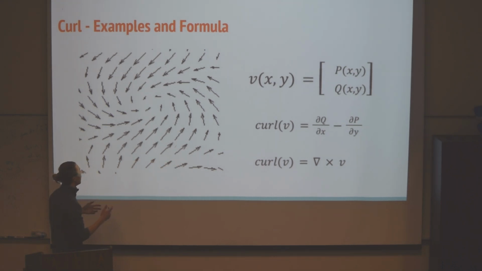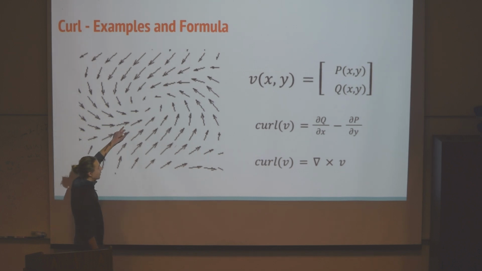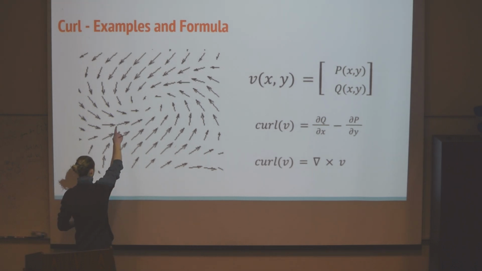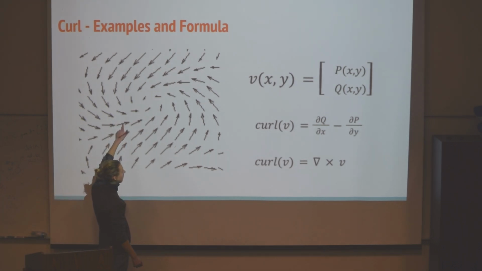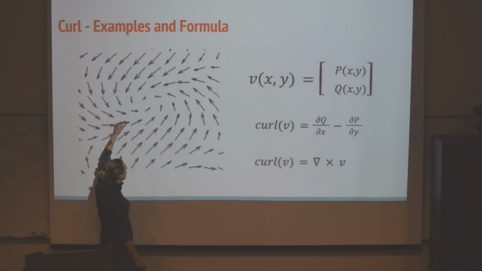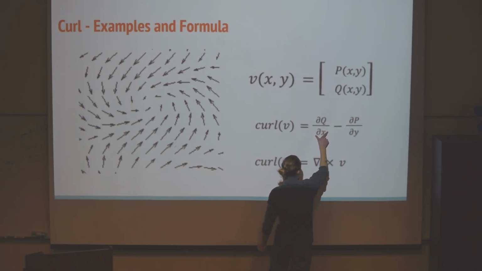What happens if I center around this point? I'm just going from left to right, and I start here. If I want to increase my x, what happens to the y components of my vectors? Initially the y component is really, really small, and then all of a sudden it becomes larger and larger. You see how it's super small here, and then way over here it's much larger. So as I change my x, the y component of my vector is increasing. So this value is greater than 0